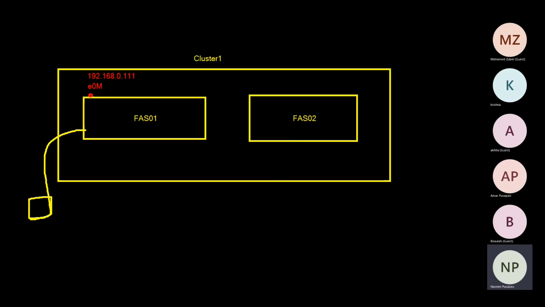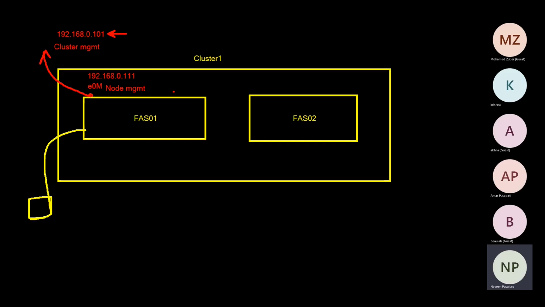So what I'm going to do, I can use the same port as a cluster management port. Already I have used the same port as the node management port. Now I'm using the same port as a cluster management port. Okay, and I'll configure one more IP address as a cluster management IP. This is the IP which we are going to use. I remember. Okay,